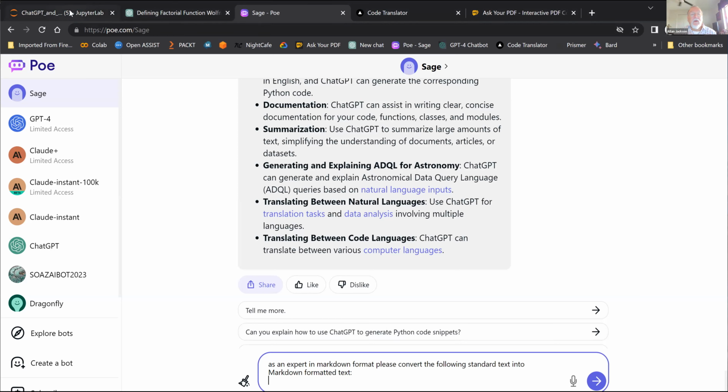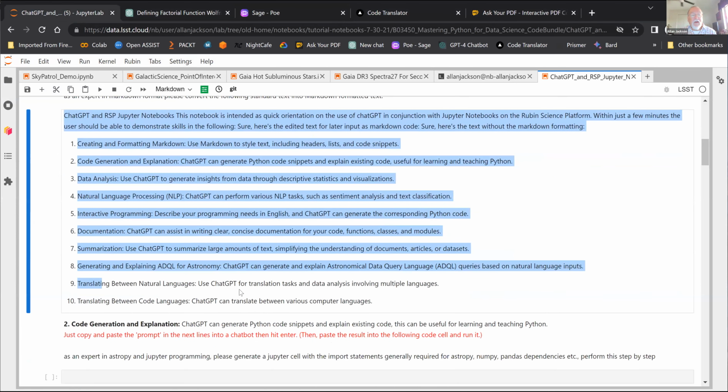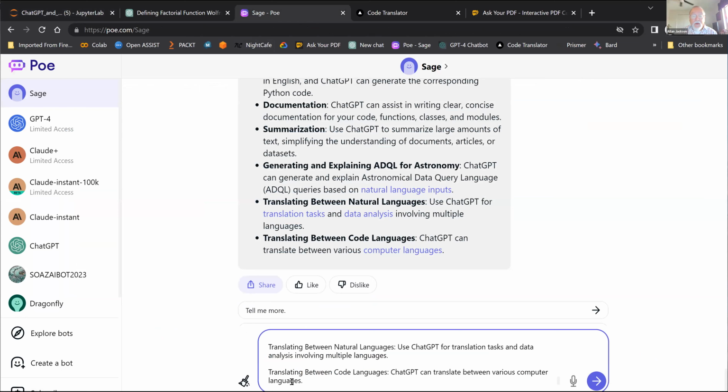Okay, so I'm hitting Shift Enter just to move down one line, and then I go back to Rubin, and for the red instructions, I cut the text that I'd like to convert to Markdown, and then I paste that into the same chatbot window, and then hit Enter or hit the purple arrow down here.